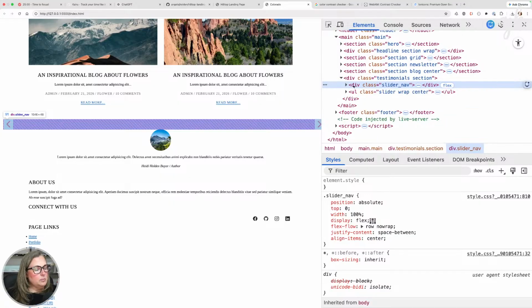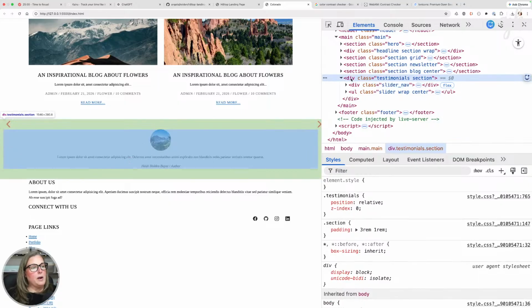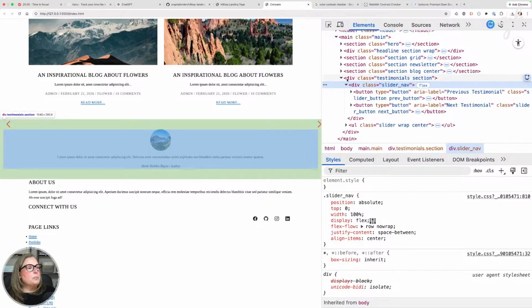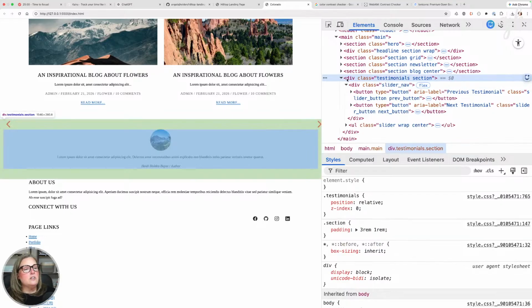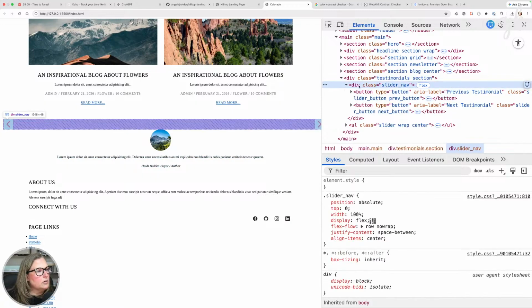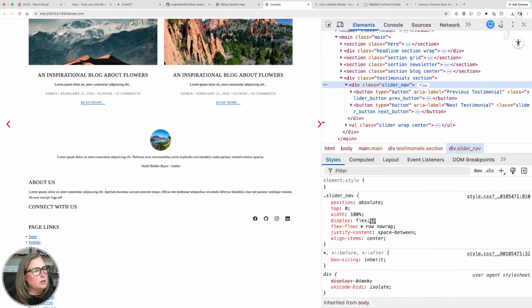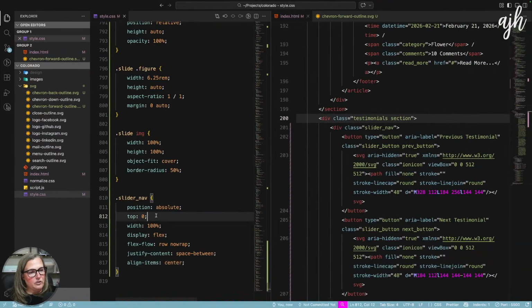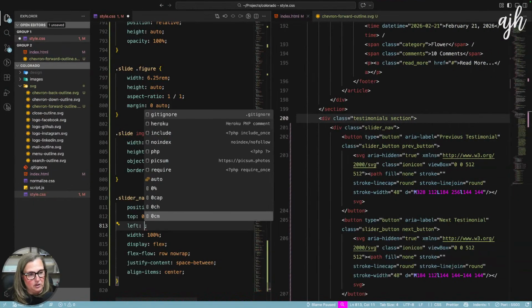Now, since this is position absolute, we can move this wherever we want. So this is good because it fits perfectly into the space with the padding. Oh, but wait a second, our buttons are a little off. Hang on here. Oh, we need to say not just top 0, but left 0.